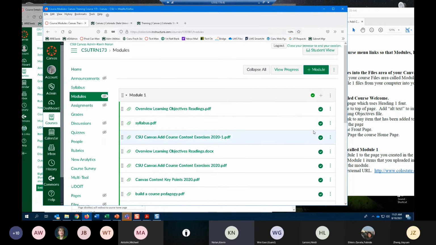All right, any questions on how we got the module set up? We put our files underneath. We organized our files by folders that match the modules we're going to have in our course. And I think Katie mentioned the idea that we often use either module 1 or section 1, or something more generic, as opposed to week 1, week 2, week 3,